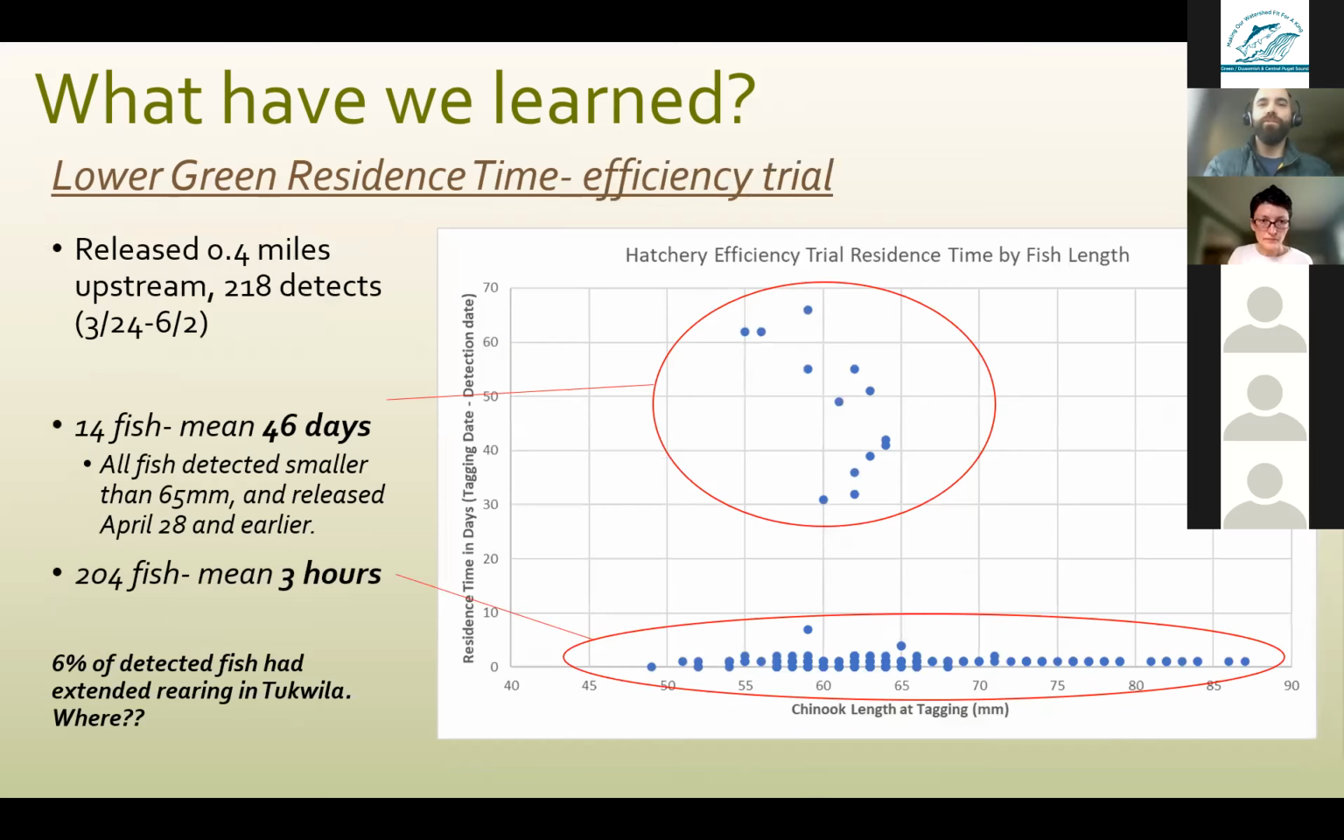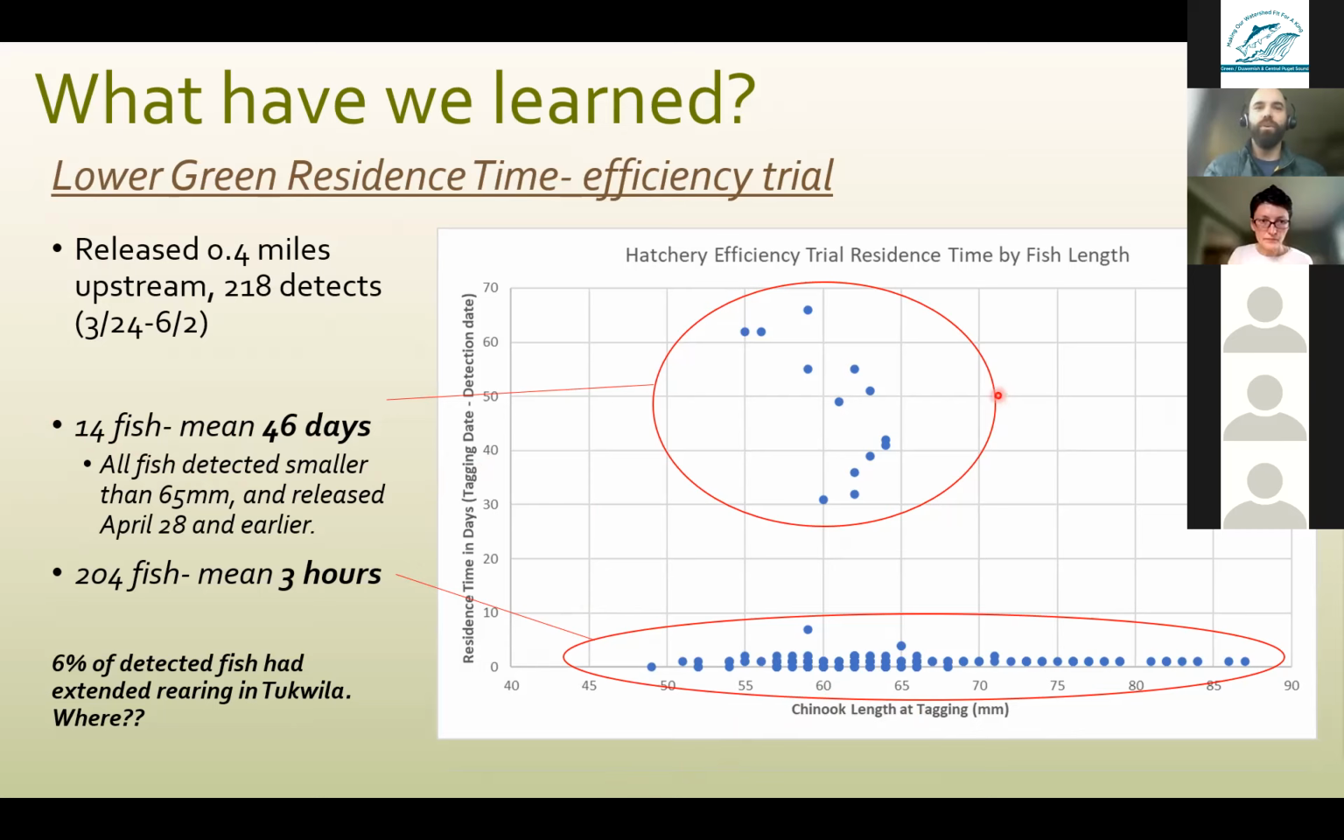I wanted to include this also because I thought this was really interesting. Of the 2,000 fish that we released for the efficiency trials in Tukwila, 204 of the detections, the overwhelming majority, passed by the barge in about 3 hours on average. So we released 250 fish, 0.4 miles later down the river, which took them about an average of 3 hours, boom, they're detected. Now, on the other hand, 14 of those fish, which was 6% of all the detections, decided to